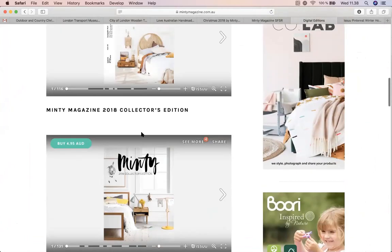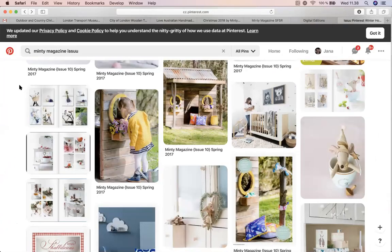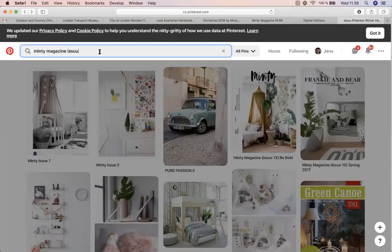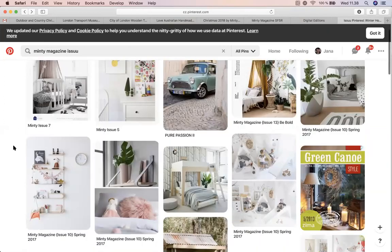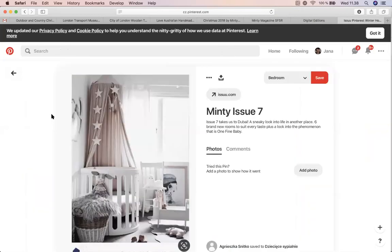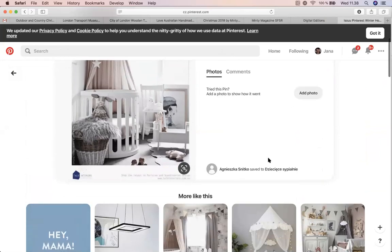Let's see something about their social presence. If I go to Pinterest, I typed Minty Magazine and ISSUU to see if they are using ISSUU to be present on Pinterest, because this is very Pinterest-like content. I got hundreds of hits, of course. So let's start with this one. If I look at it, I can see that it is not Minty Magazine, but someone else who